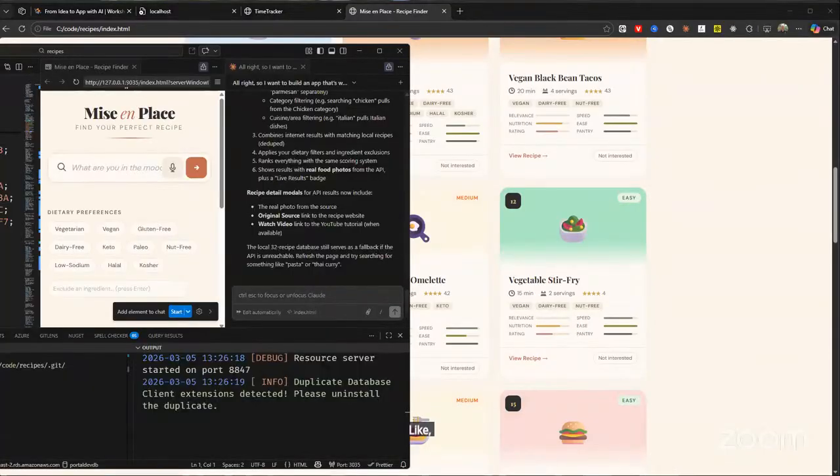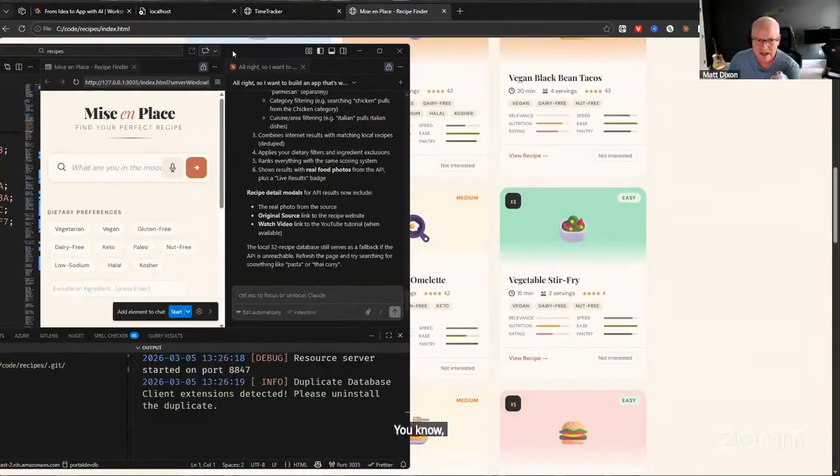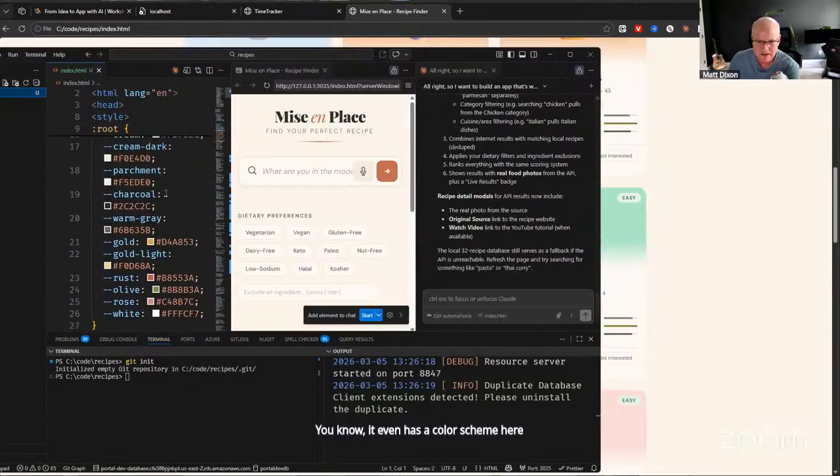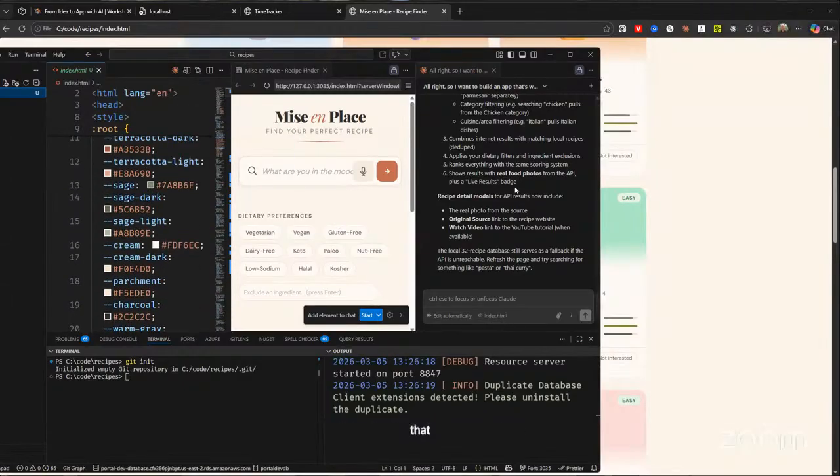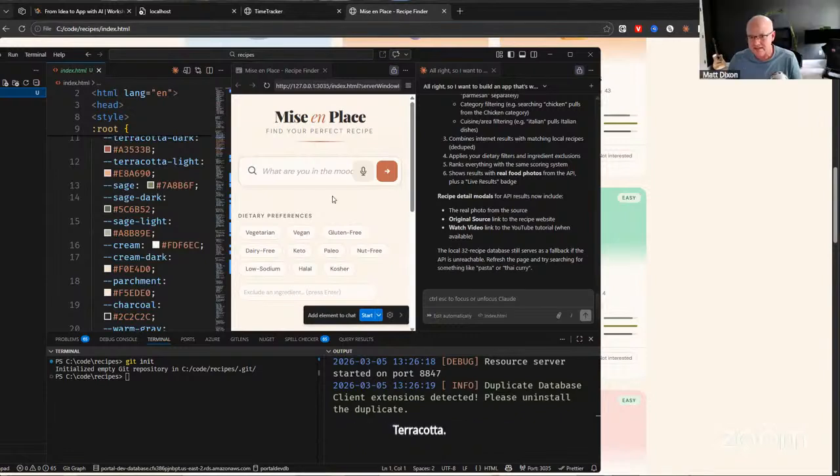Like for just a dummy app, it even has a color scheme here, terracotta, that goes with the feel. A good start. So the next step is I would hook this up into an AI API call,